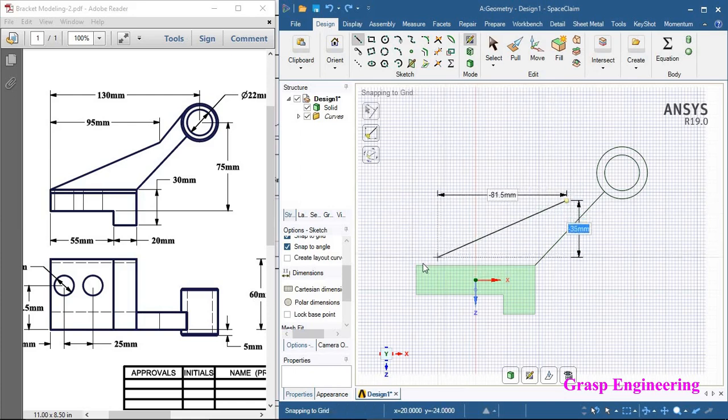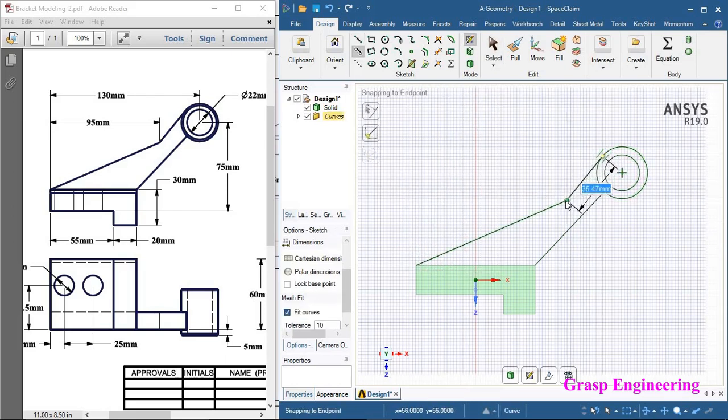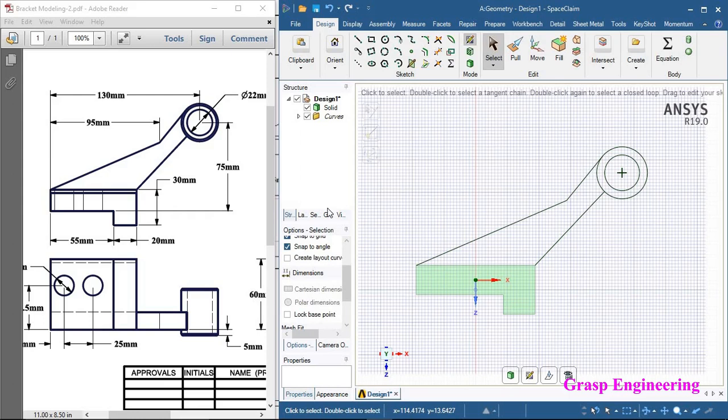From that point you can create a line. Once your line is done, you can create one more tangent line from this profile to this. Now you can see your profile is created. See, this profile similar to this is created. Now just join these two, then select, then click on the pull.